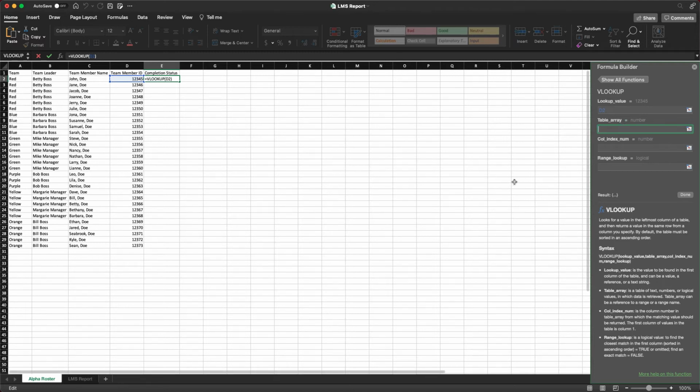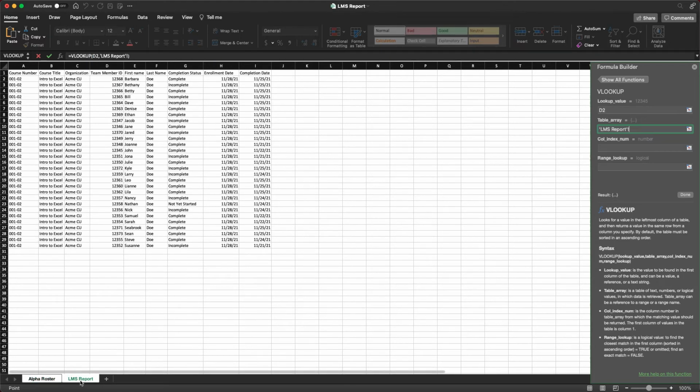To select the table array, we're going to go to where the information that we're searching is. For this exercise, you're going to click on the LMS Report tab at the bottom left-hand corner,